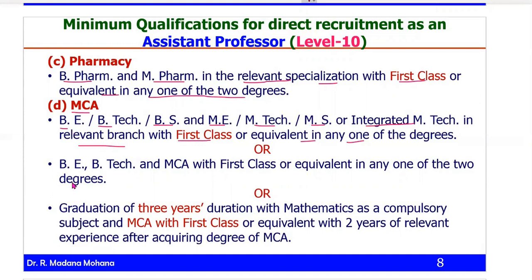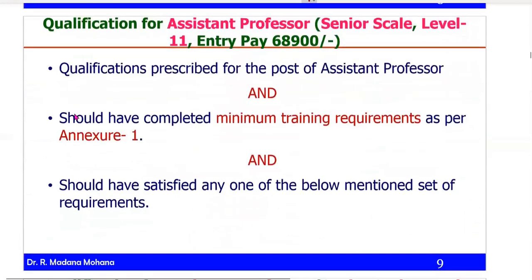Or there is other criteria. So BE, BTech and MCA with first class or equivalent in any one of the two degrees, either UG or PG. One first class should be required. Or the third category, graduation of 3 years duration with mathematics as the compulsory subject and MCA with first class or equivalent with 2 years of relevant experience after acquiring degree of MCA. So after MCA, 2 years of relevant experience. So these are the three categories. Any category is eligible to teach MCA. Okay, that is the entry level